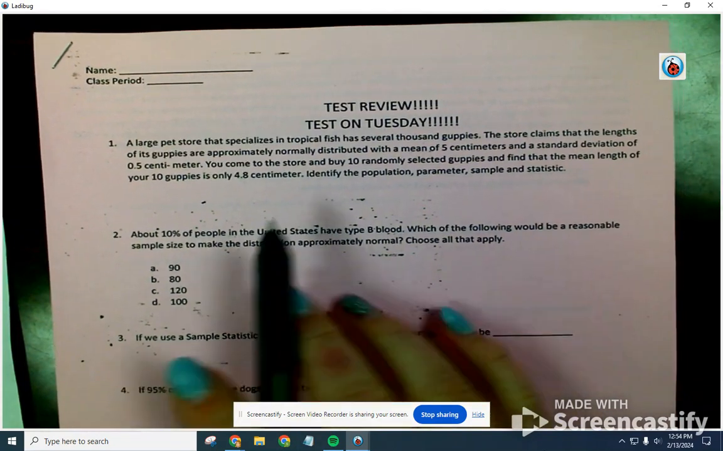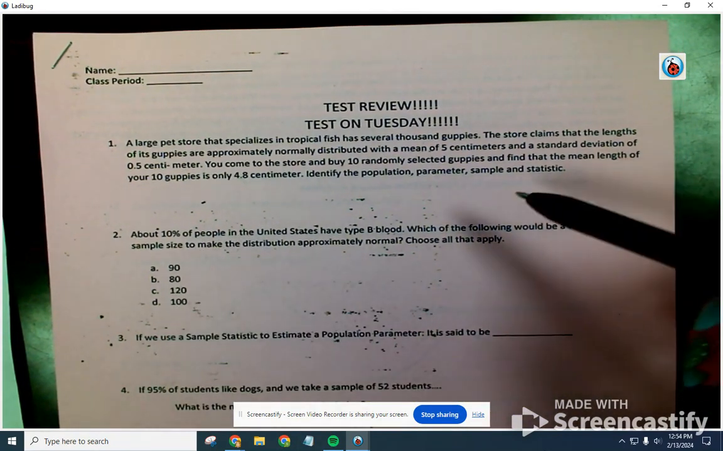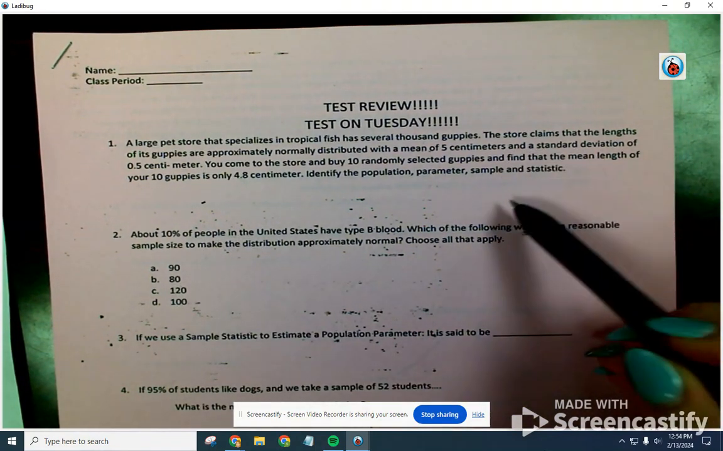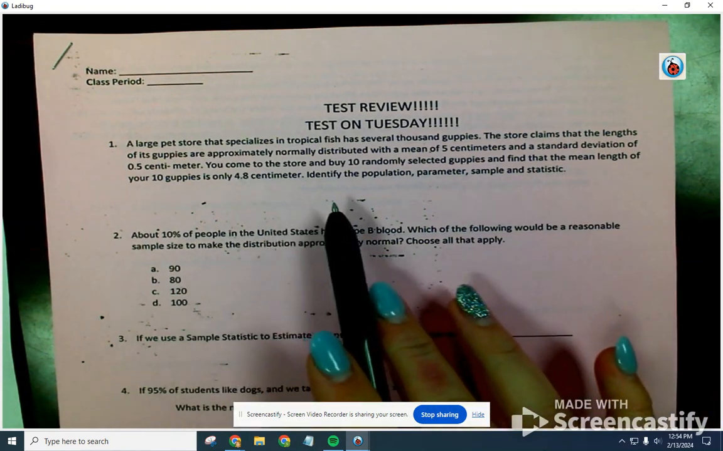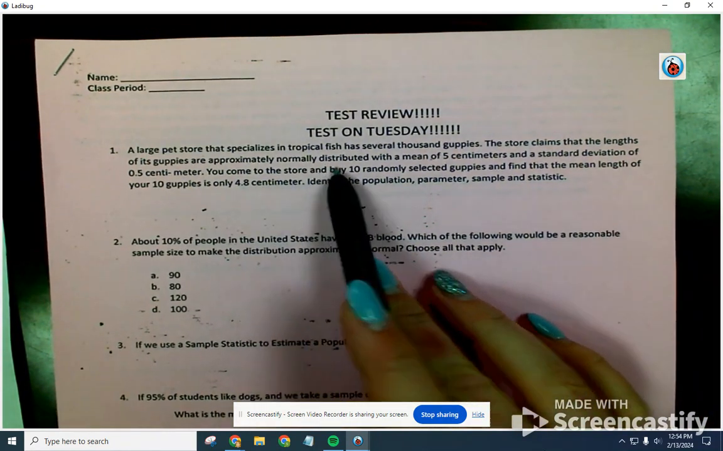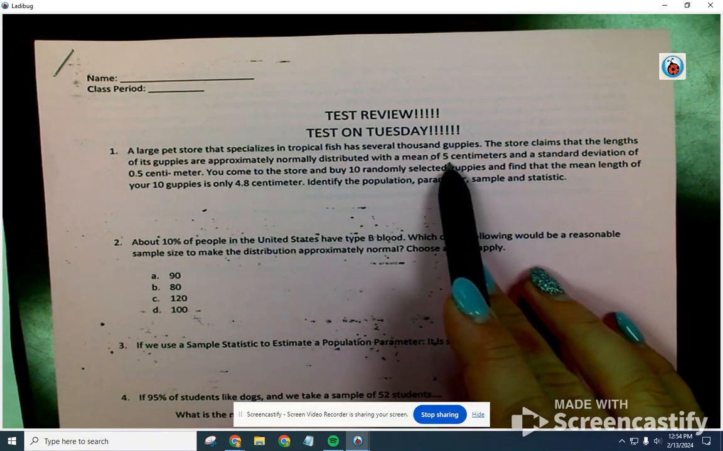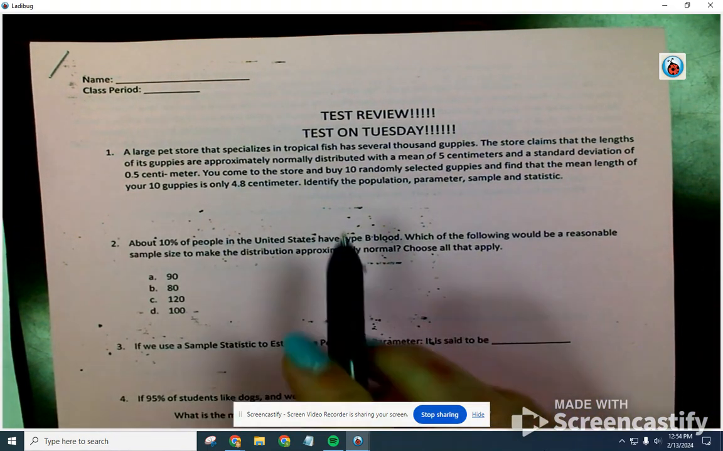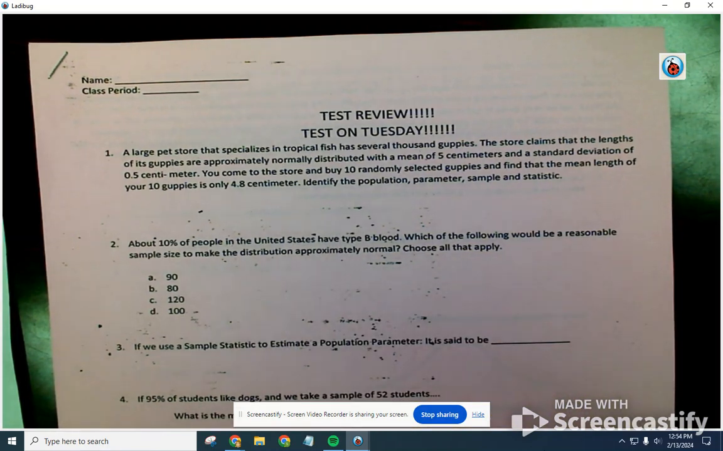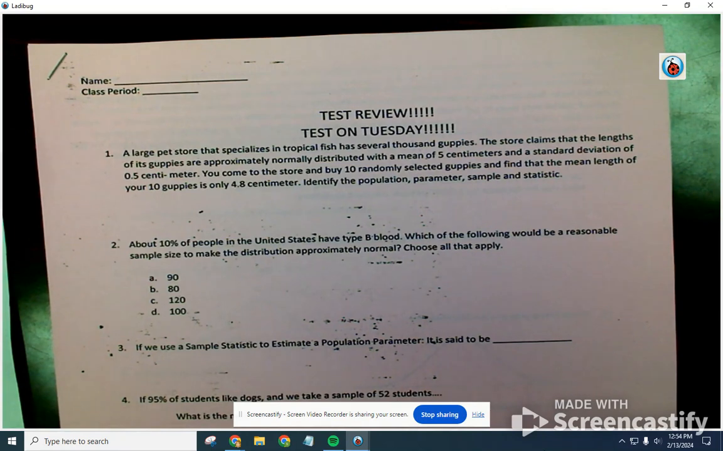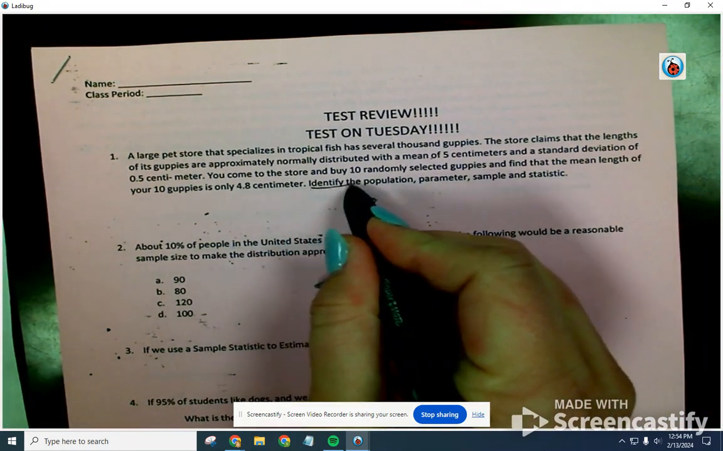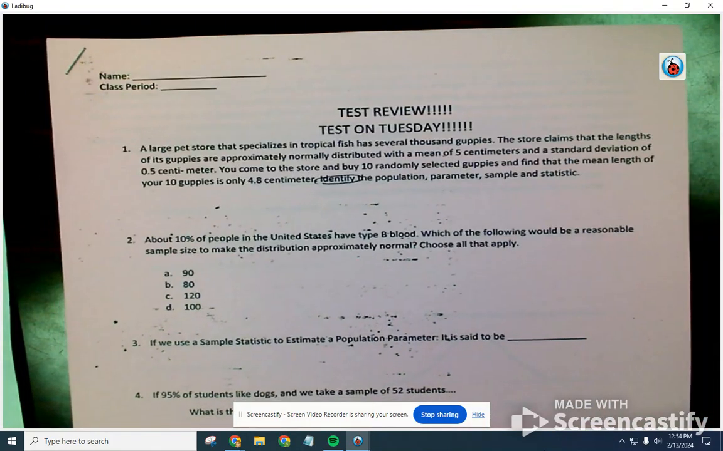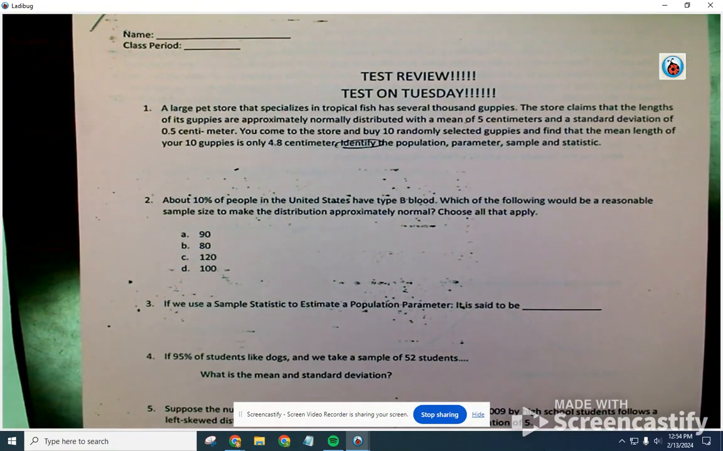So it says, a large pet store that specializes in tropical fish has several thousand guppies. The store claims that the lengths of these guppies are approximately normally distributed, with a mean of 5 centimeters and a standard deviation of 0.5 centimeters. You come to the store to buy 10 randomly selected guppies and find that the mean length of your 10 guppies is only 4.8 centimeters. Identify the population, parameter, sample, and statistic. That is all we are doing in this problem, is we are just trying to identify what those 4 things